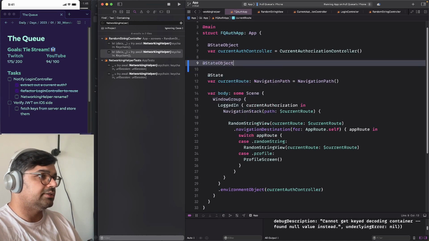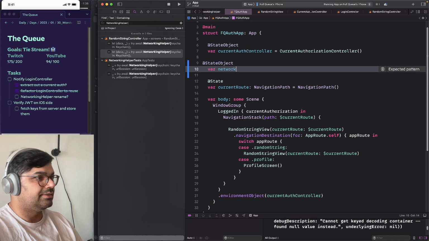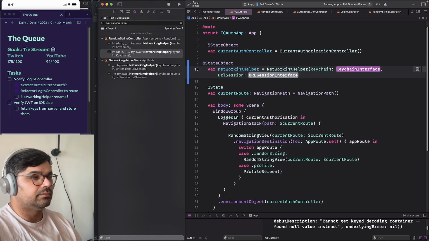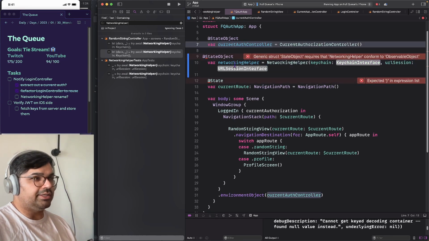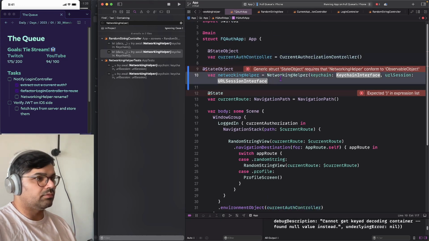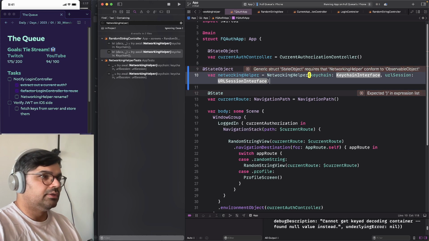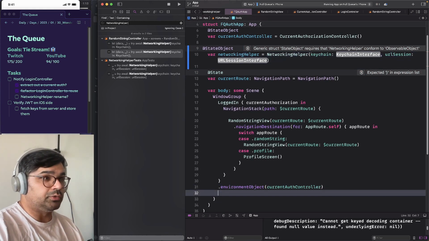Something like this. And we could pass this in as a dependency here. And then, once we get that to compile,